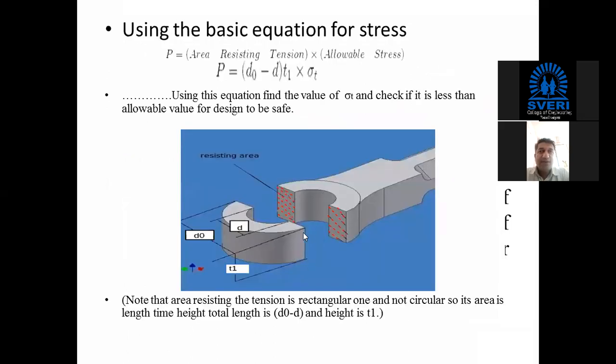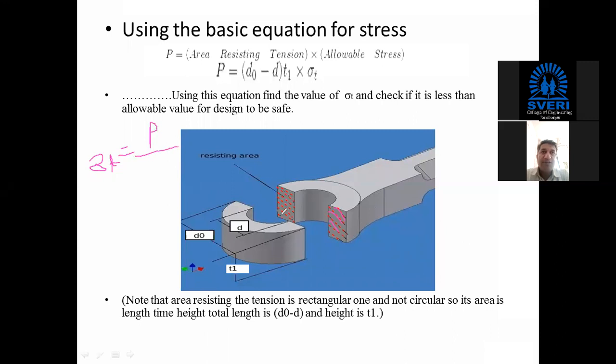Now, here we are going to consider the failure of single eye in tension. As we have seen in the animation, here the tensile load is applied from both sides. The pin is responsible for that. And the area which is resisting that tensile failure is this shaded area, and we have to calculate this area so that we can write tensile stress is equal to applied pull P divided by this cross-sectional area.